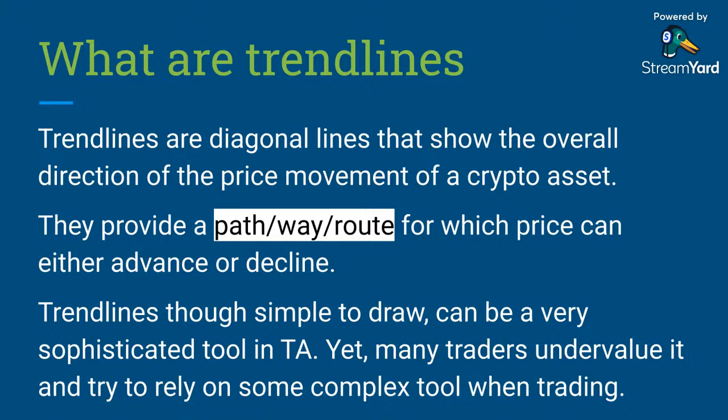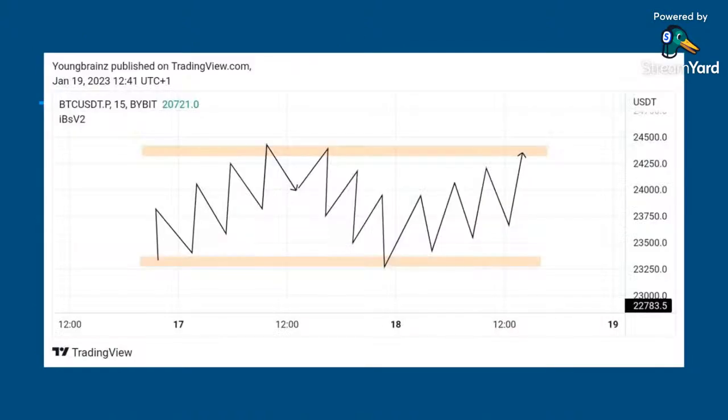Trend lines are simple to draw, but can be very sophisticated. Yet people undervalue them because of how easy they are to use. Mind you, in this training, I want to teach you the simplest way to approach the market. I'm not trying to overcomplicate things for you, but a lot of people want to overcomplicate things, and that is why they keep showing you a lot of things. I want to show you the most simple things so that you can get the most results. All right, so let us progress now.